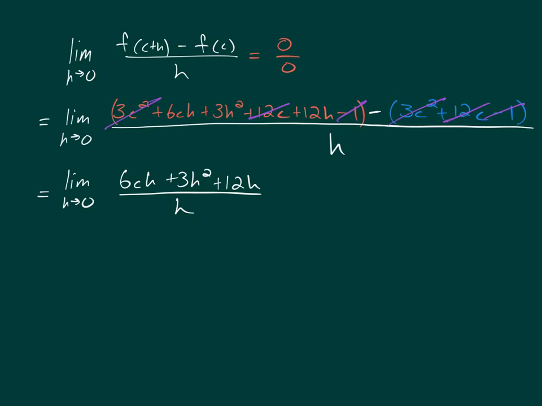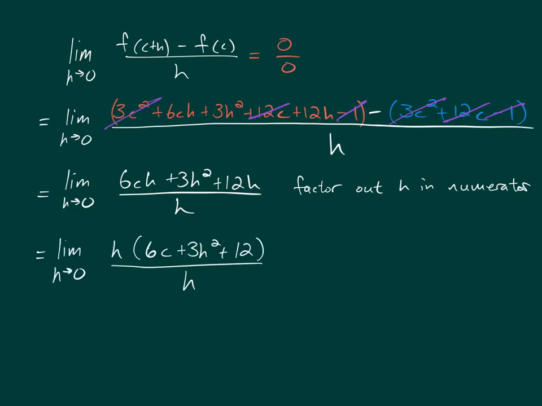The next step in simplifying this entire limit is to factor out h in the numerator. If you'll notice, after you reduce all of the c terms and the constant terms, you're left with terms, all of them have h. So that allows us to common factor out an h in the numerator, which allows us then to reduce the h in the numerator and denominator, giving us a limit